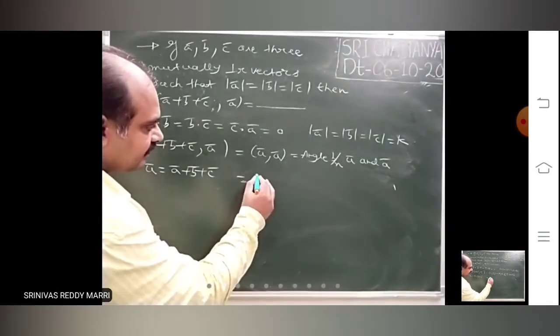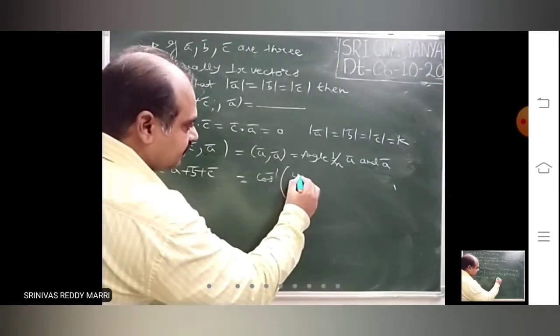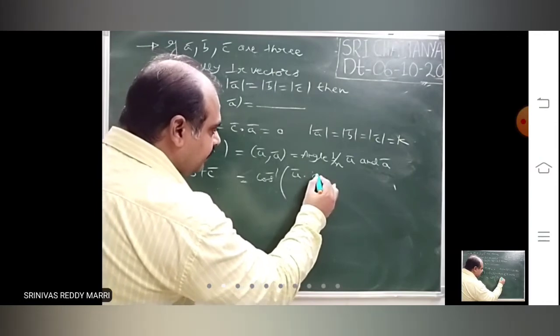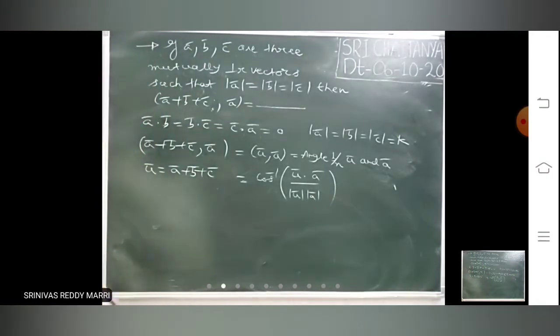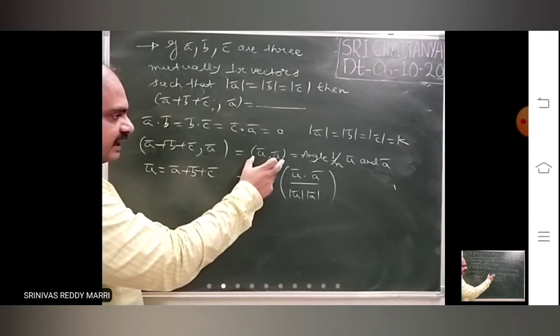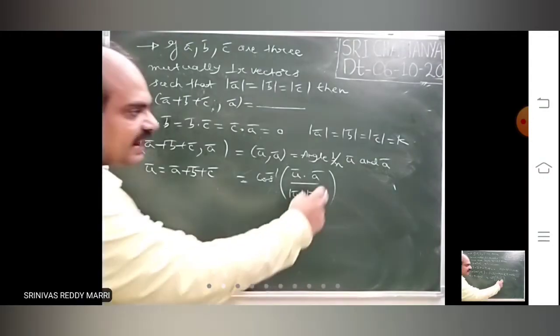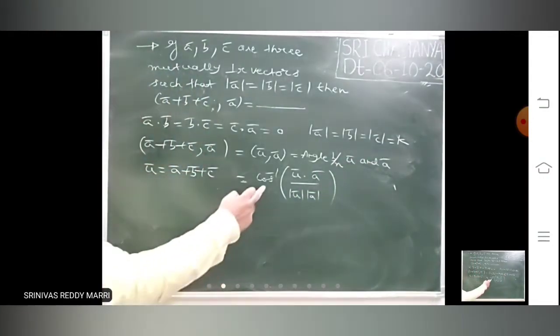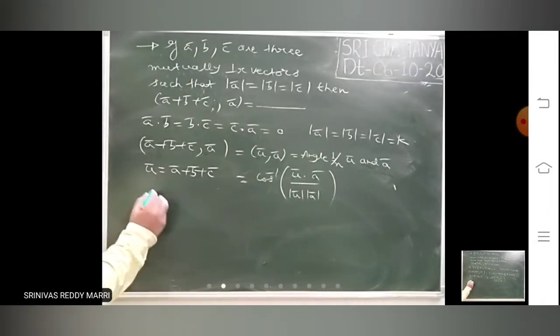What is the formula? Theta is nothing but cos inverse. The angle between A bar and B bar means cos inverse of A bar dot B bar divided by modulus A bar into modulus B bar. Look at them. This is u bar I have taken. So u bar comma a bar means you have to calculate the angle between u bar and a bar. Now I want to calculate u dot a.